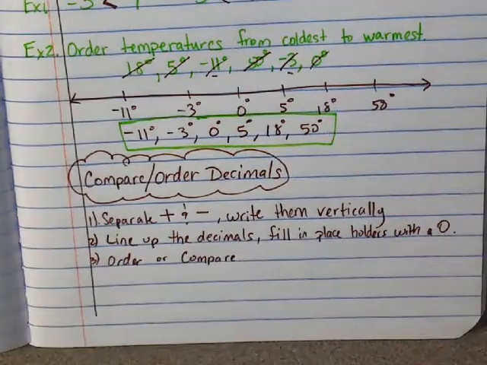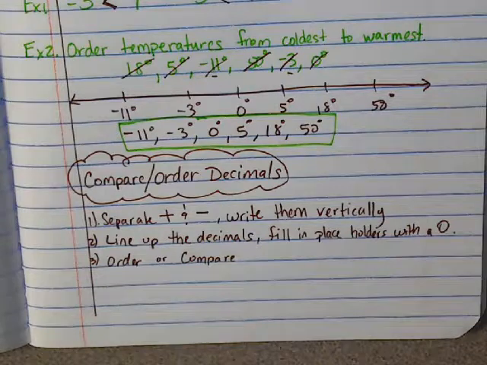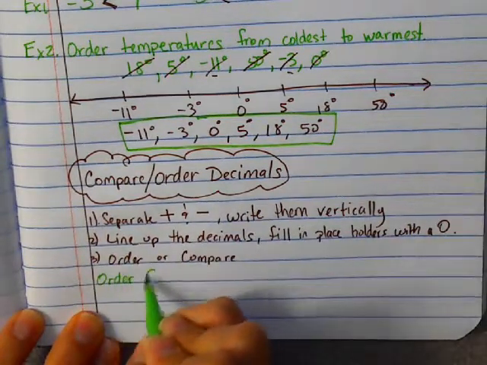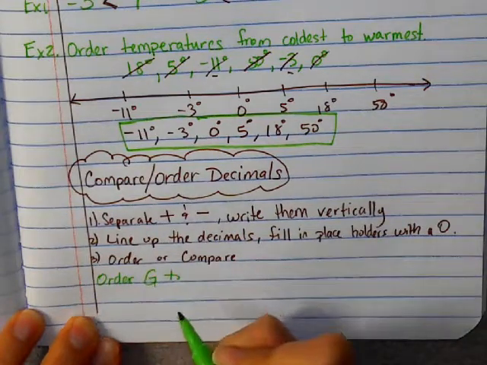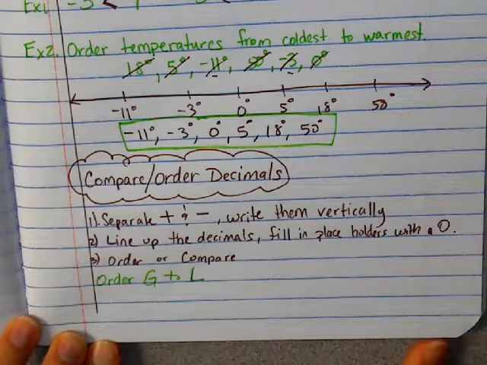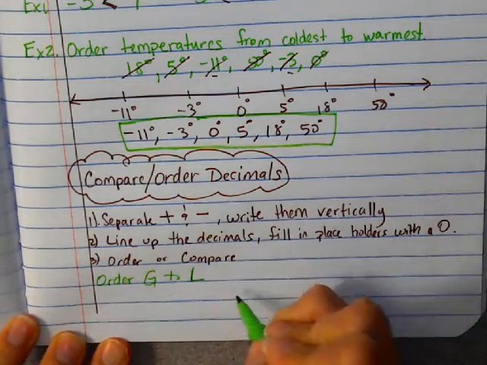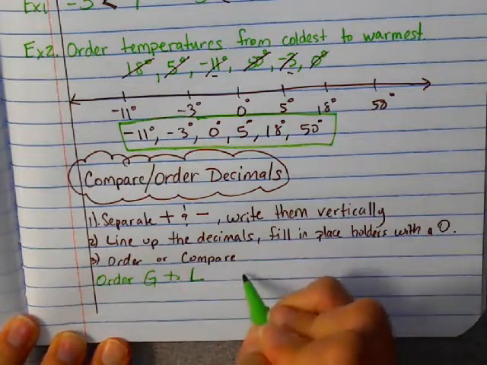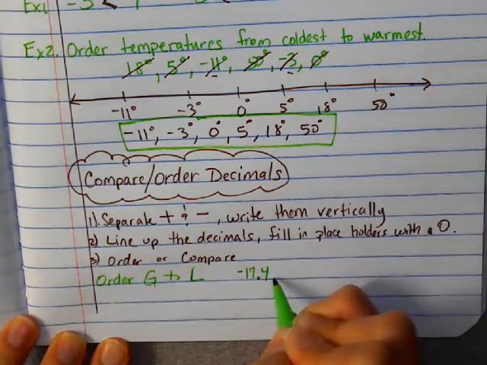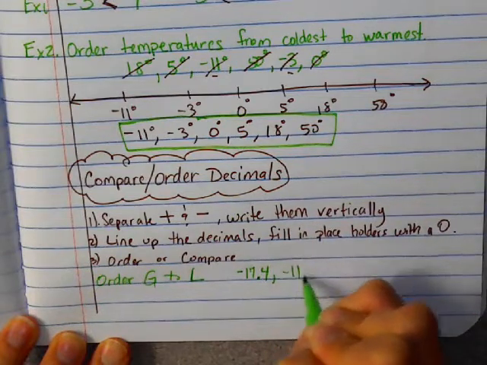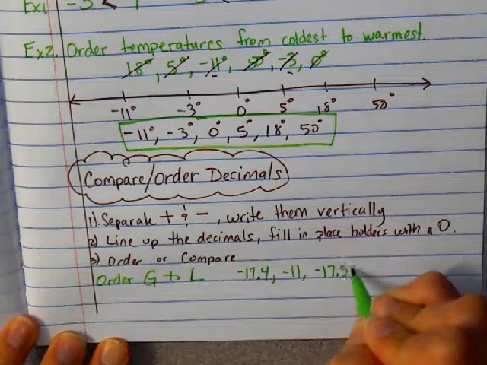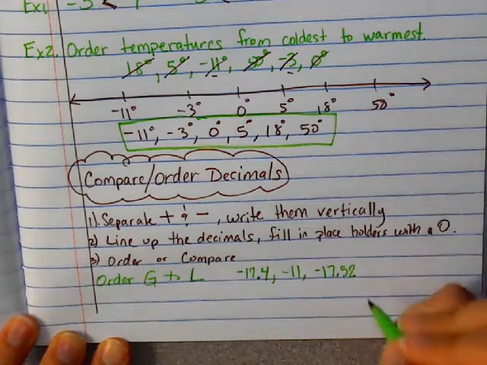Okay, so let's take a look at this example here. You're going to order greatest, so I'm just going to put the G, to least, capital L. Greatest to least. So here's your data. I'm going to give you the data. So we have to order from greatest to least, negative 17.4, negative 11, negative 17.52, or negative 17 and 52 hundredths,